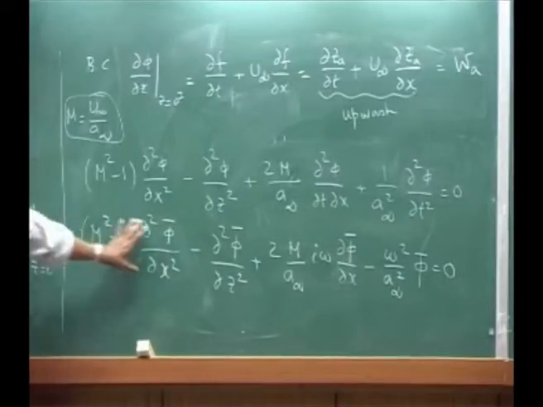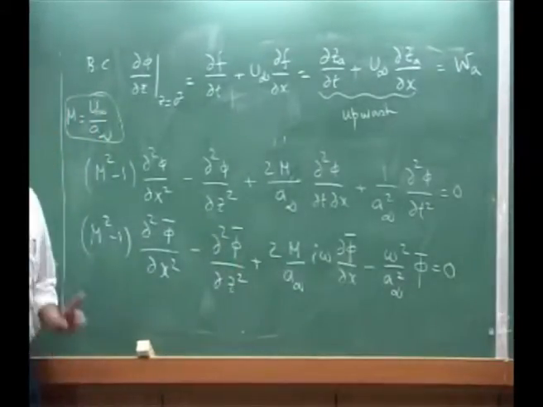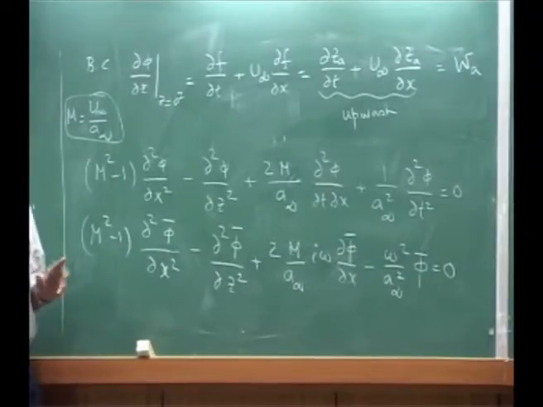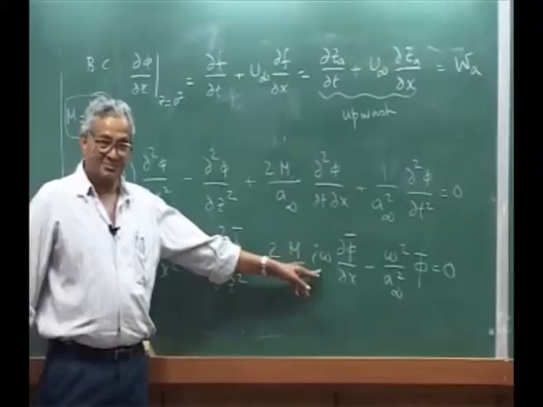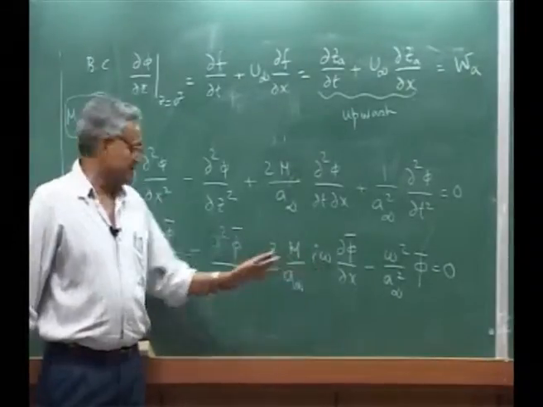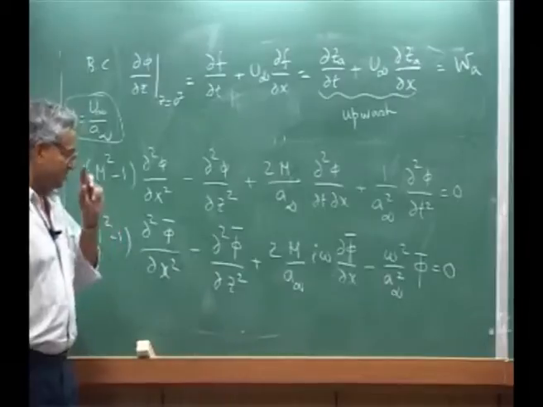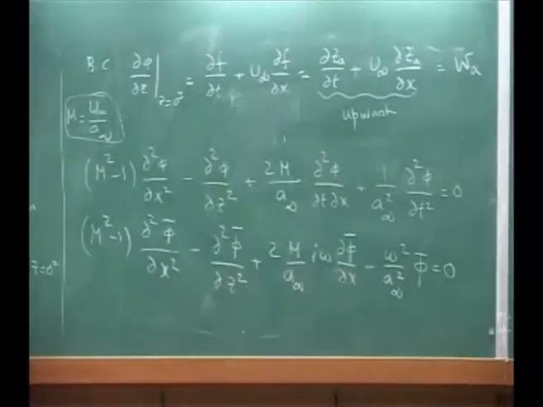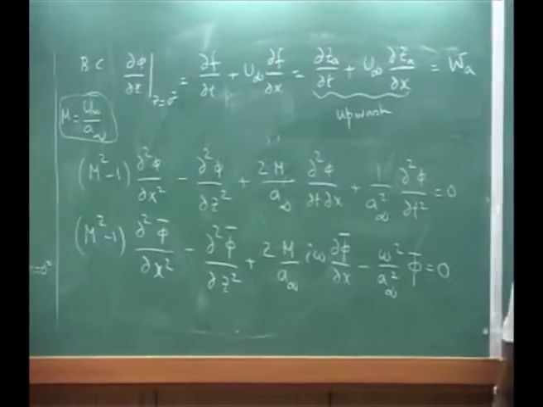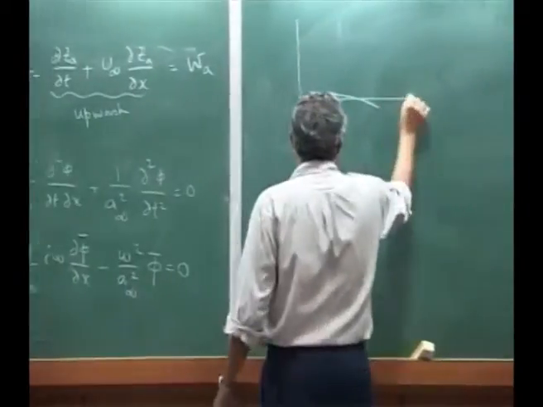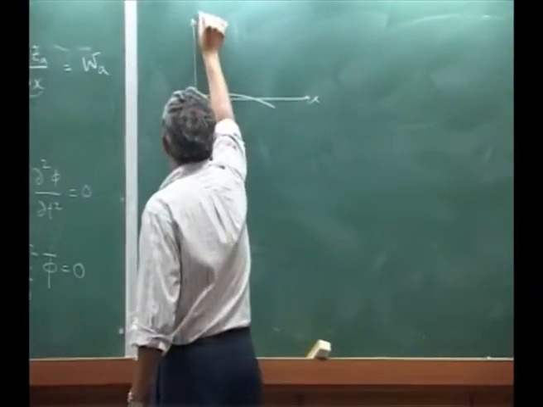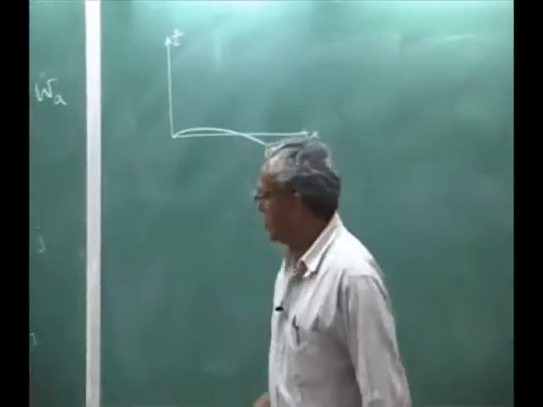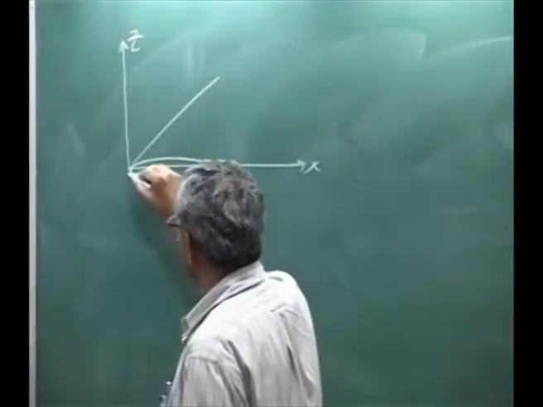This is my equation. Now, though it is complex, please understand, I am getting an I omega here, and it is a partial differential equation. What I will apply is, because you know from the theory of Laplace transform, one of the important things is, if we fix our x-axis system on, say, this is my aerofoil, this is my x-axis, this is my z-axis, you know that you are going to get a